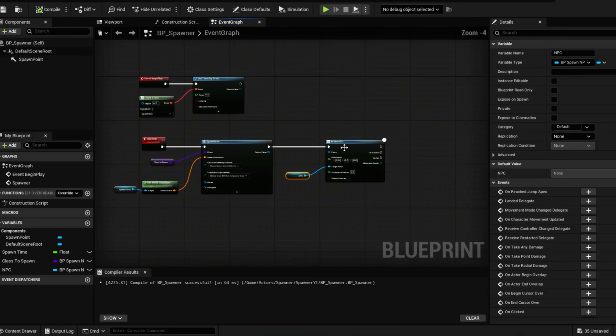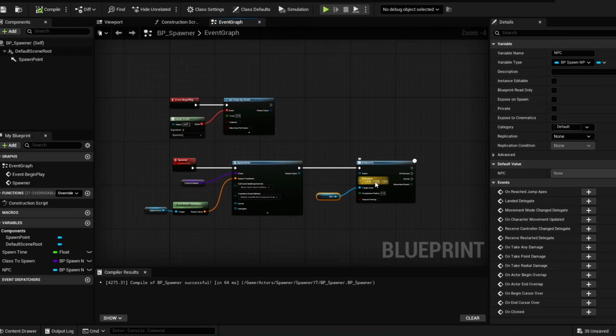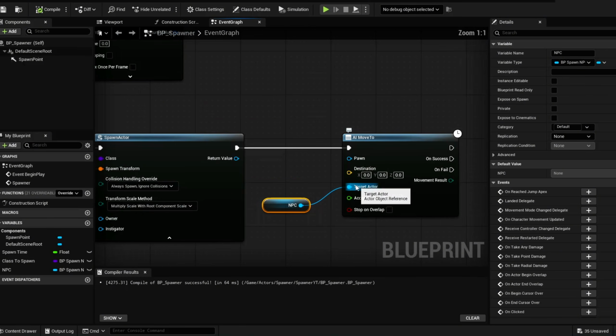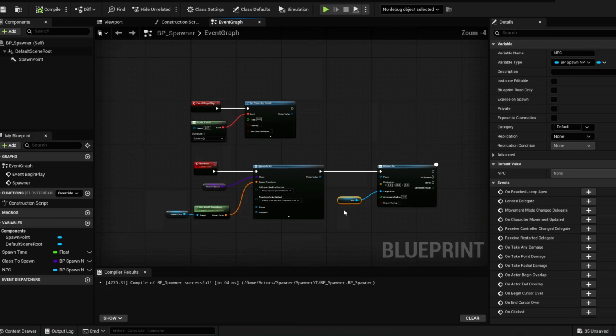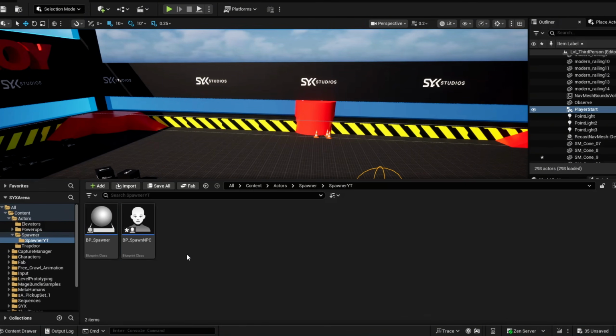All right, and from here we're basically going to just hard code our destination. You can use a lot of different things actually to set your destination, but just going to create a simple system here. So we're going to go back to our level now, and now we're going to set up our